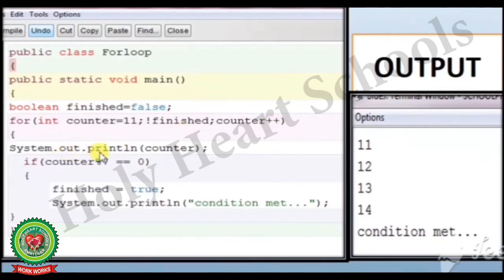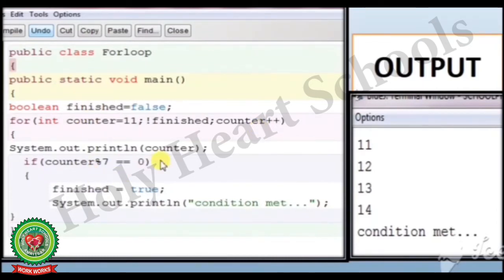Again system.out.println counter. So 12 will be printed on the screen. Again, if 12 modulus 7 is equal to 0, 12 modulus 7 is not equal to 0, again the counter will be incremented by 1, that will become 13. The finish is still false.